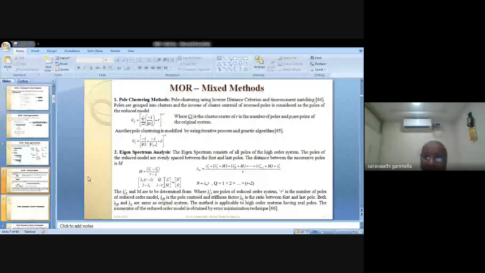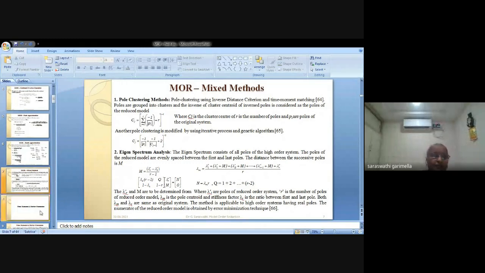That evenly distribution I wanted to avoid, and I wanted to avoid the restriction of using only distinct, real poles. I wanted to add all those poles, which may be complex conjugate or repeated poles, and all those things I did with a different purview. So these are the basic methods I consider, because there are many methods, but I took only a few because every time I have to explain.